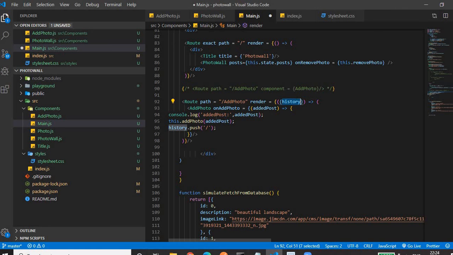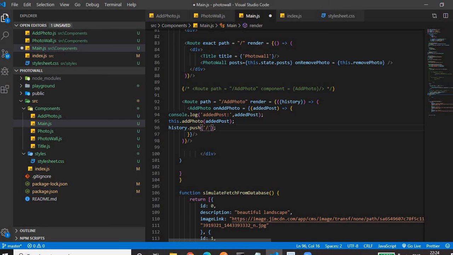After all our operations, like adding the post to an array, once it is done, we call history dot push, then the path where we want to navigate back. We are navigated back to the home page, which has an empty path.